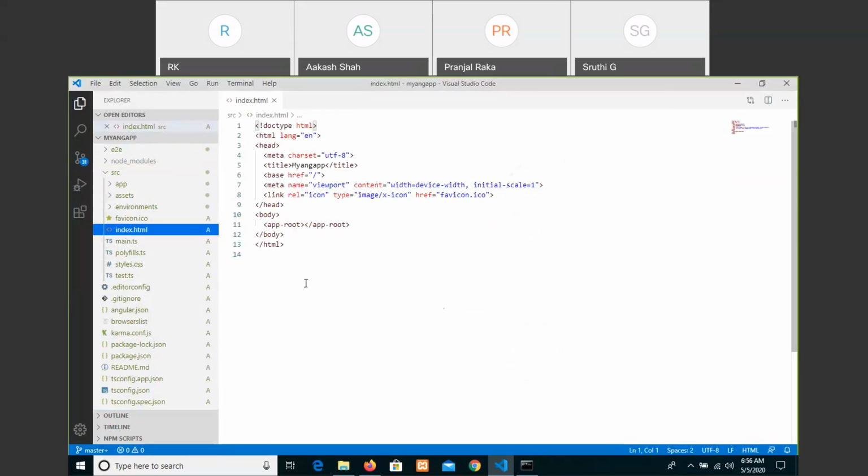This is called a directive. And how has this directive been defined? Let us write.